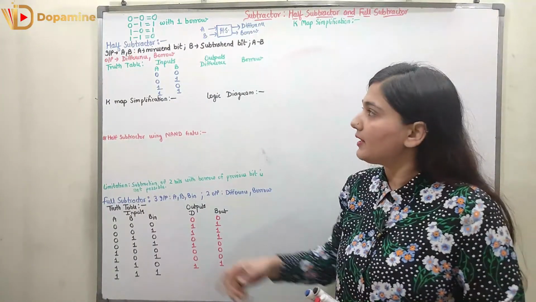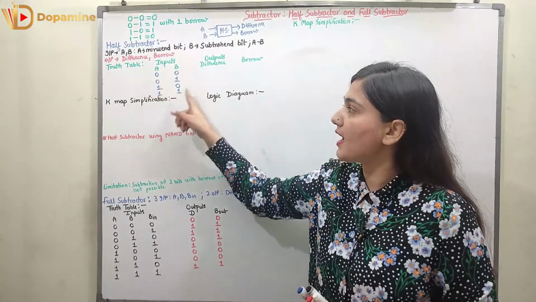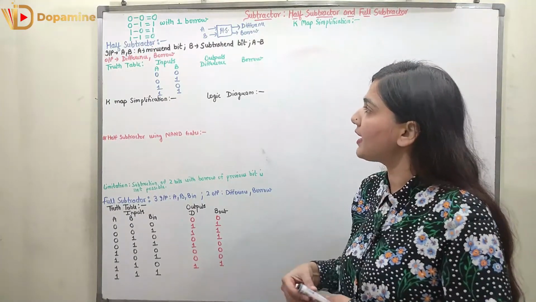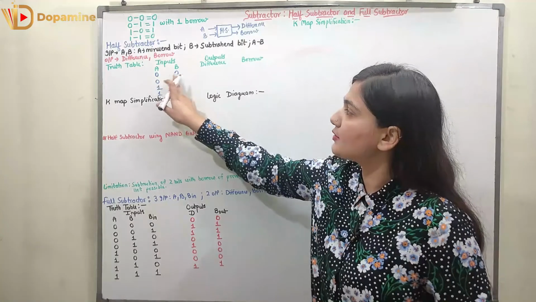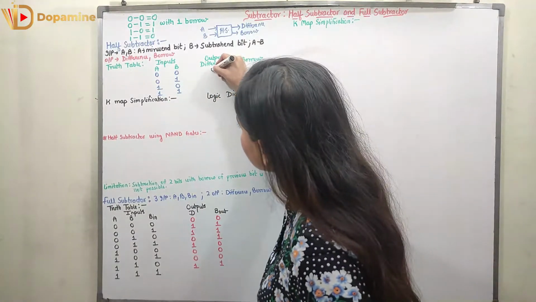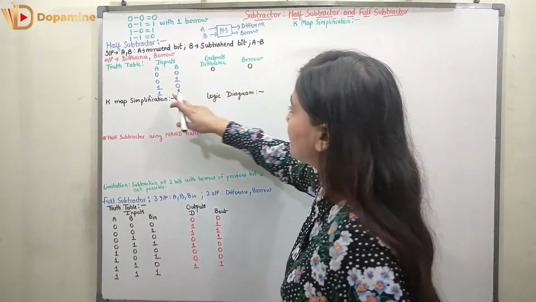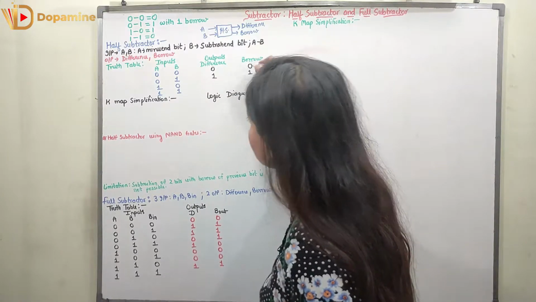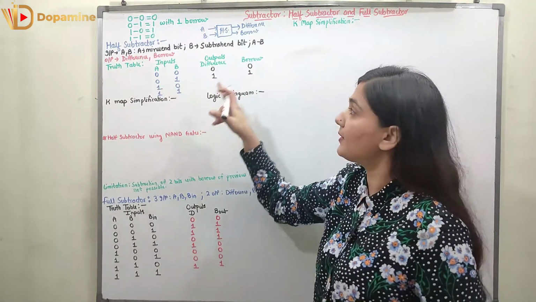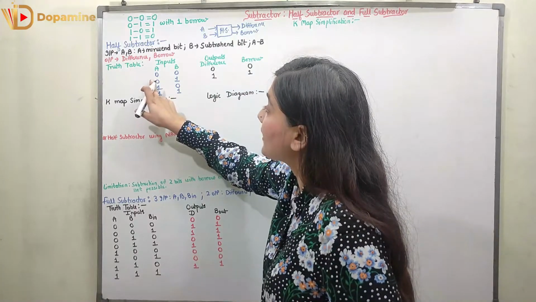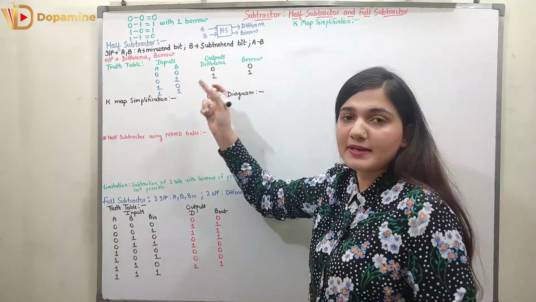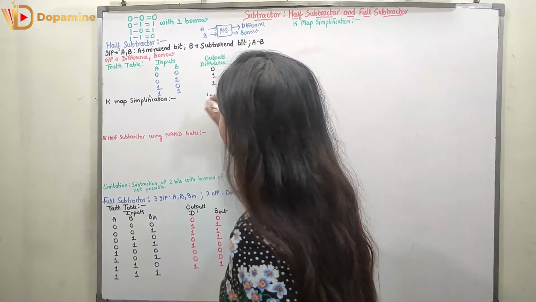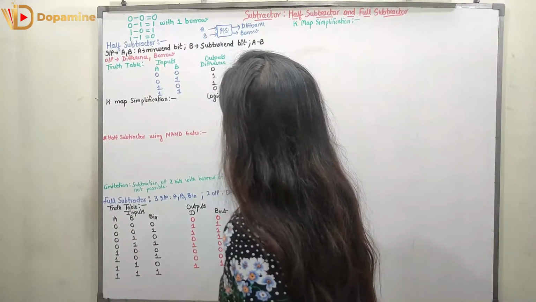Now coming to the truth table. So when I have two inputs, I will be having all the possible combinations as 0 0, 0 1, 1 0, 1 1, right? So now making the outputs. When I have two inputs as 0 0, 0 minus 0 will give me difference as 0 and the borrow also is 0. 0 minus 1 will give me difference as 1 and also borrow is 1. When a higher bit is subtracted from the lower bit, I have to have a borrow. I will get over here 1 0. 1 0 minus 1 will be equal to 1. Now 1 minus 0 will be equal to 1, and here no borrow is required. 1 minus 1 is 0, no borrow is required.